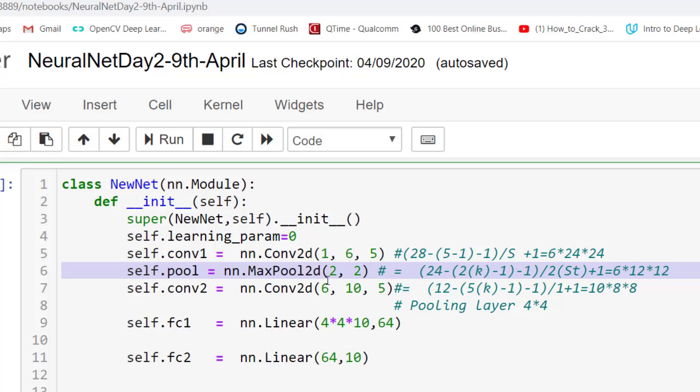So the effect of this is, because the stride is 2, it's going to divide this image into 12 by 12 instead of 24 by 24. After max pooling is done, 2 by 2, it's going to become 12 by 12. So our number of channels remains the same, because this doesn't modify the number of channels, it acts on every channel.